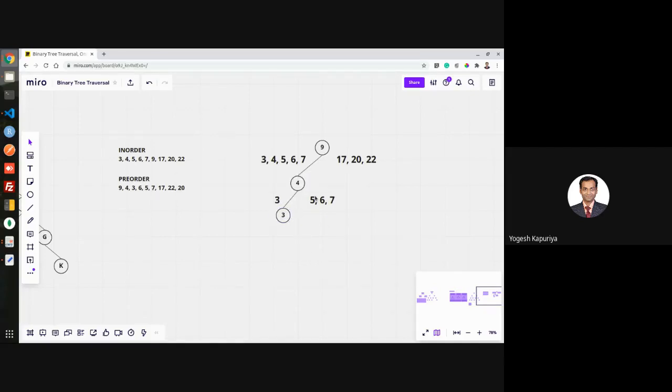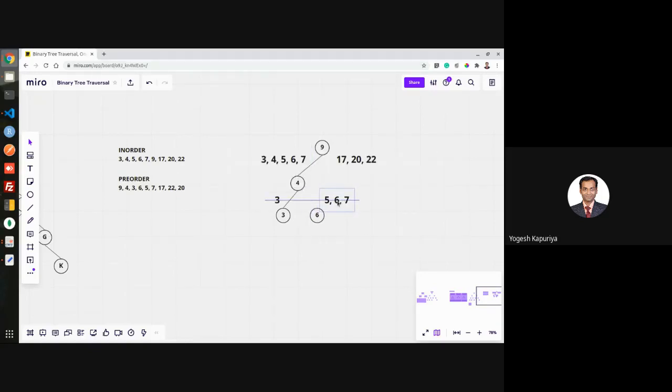When you have more than one node, 5, 6, 7, again you have to find out what the root node is in this subtree. 5, 6, 7 you can find from here. It's 6, 5, 7. That means 6 is the root node.